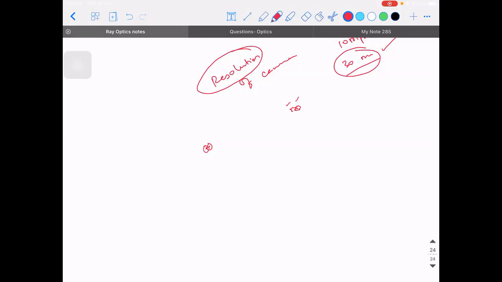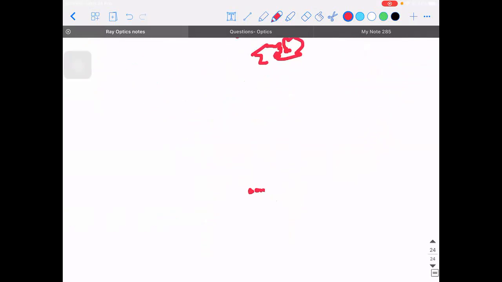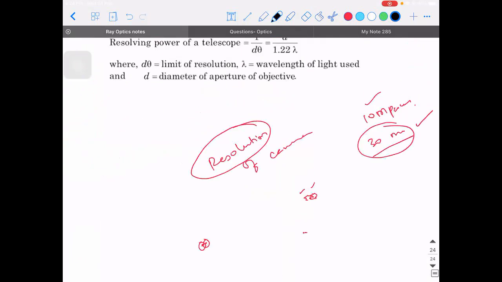Simple example: you're sitting in the last bench, and your teacher is teaching in the class. They put two dots like this and ask you from there how many dots there are. Will your eyes be able to tell? One dot above, one dot above. But when you zoom in, you can see the small gap. So your eye doesn't have enough resolving power.